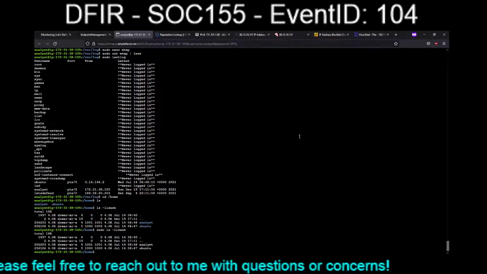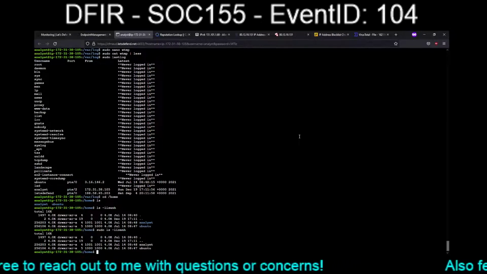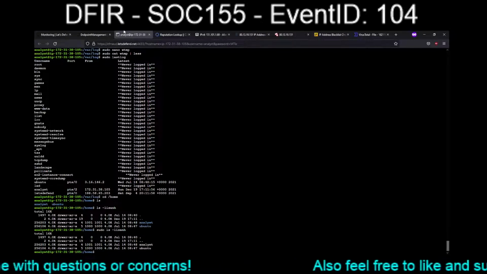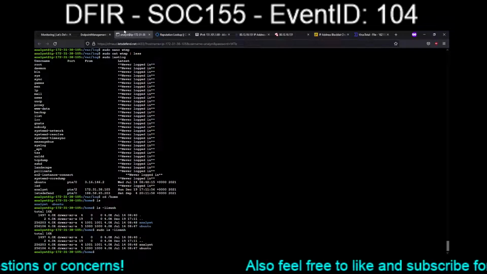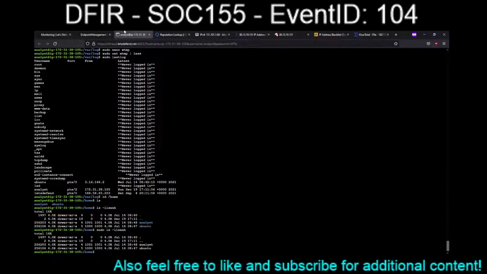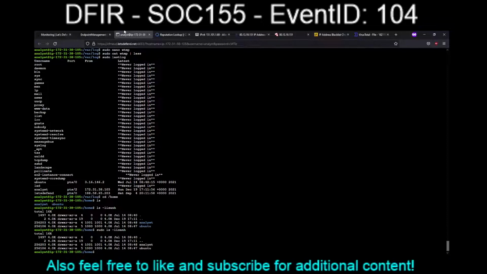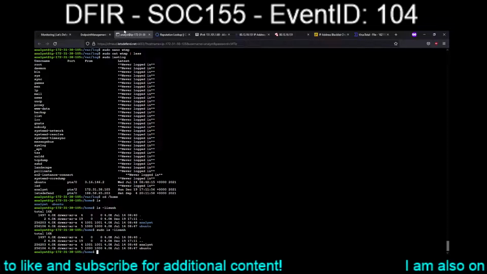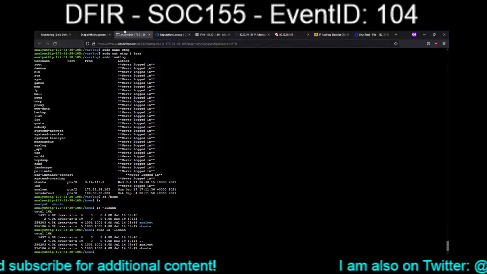Huh. Okay. Yeah, I'm kind of at an impasse here. I mean, it looks like they didn't really establish any sort of persistence. They just SSH'd in as letsdefend, the user account, and then ran the command for